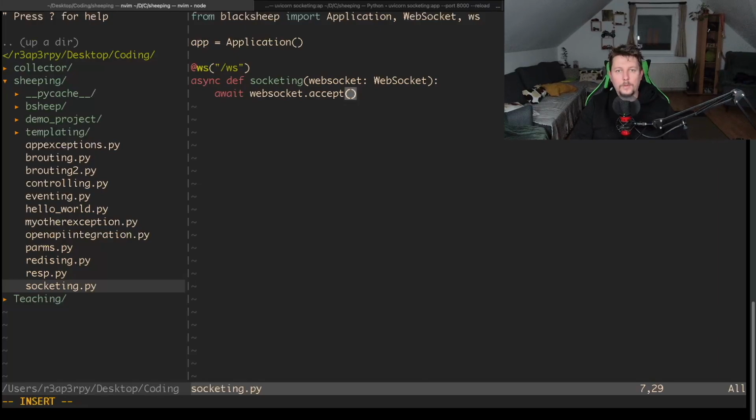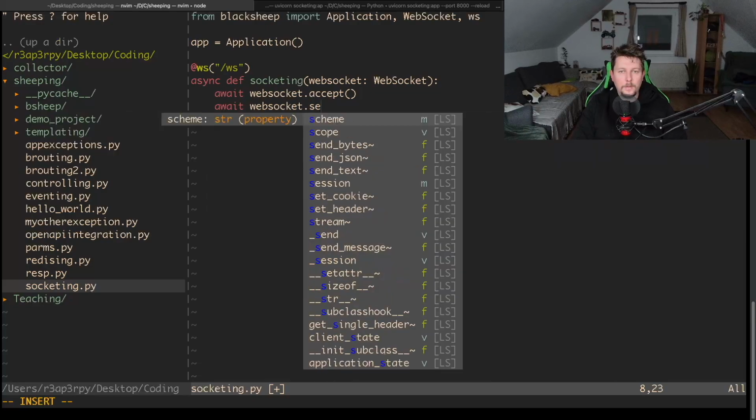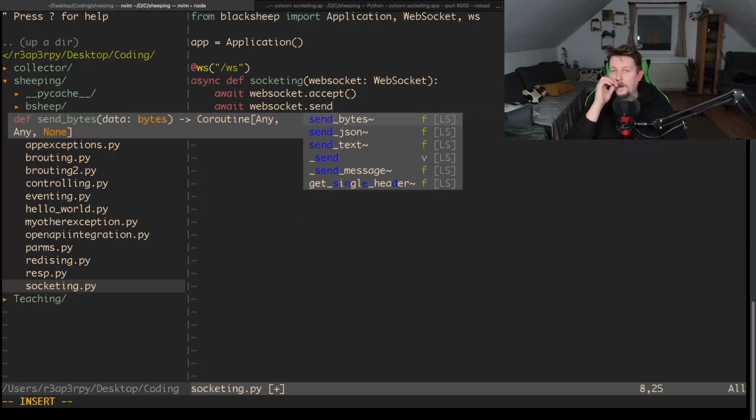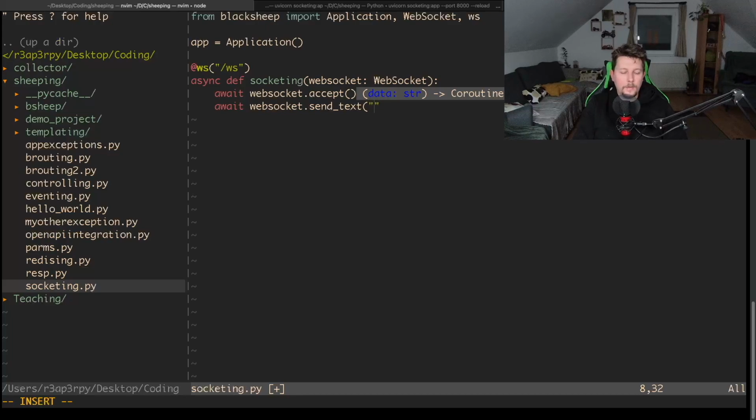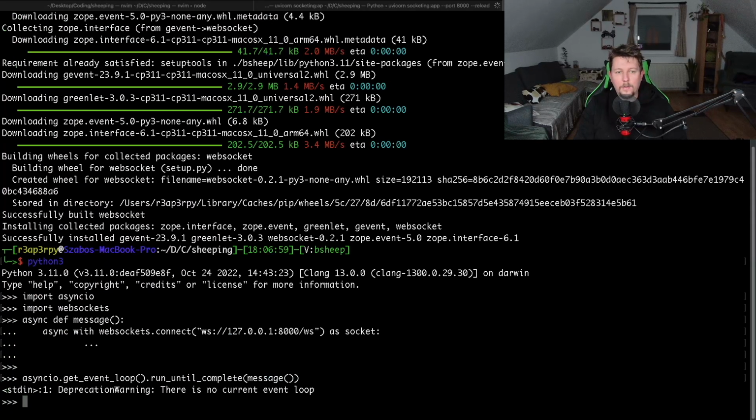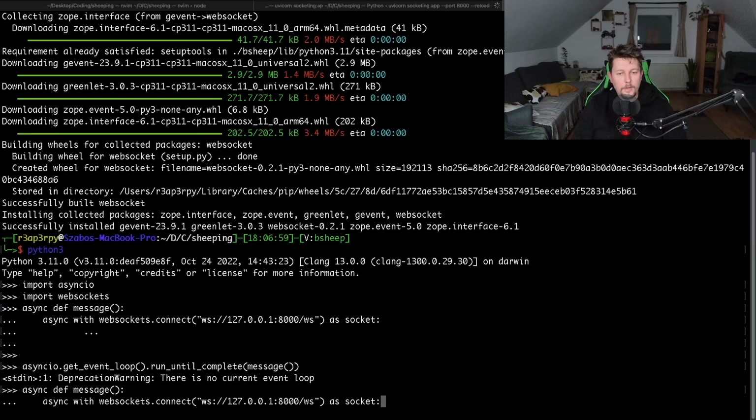we want to use the await websocket.send. And what should we do? Send text, and we want to send the welcome as message. Okay, and now we have to modify our message definition